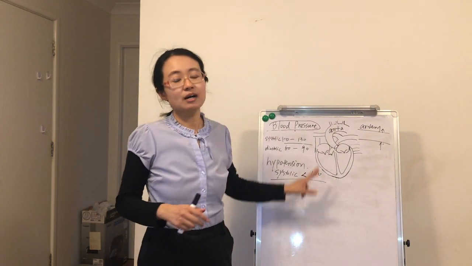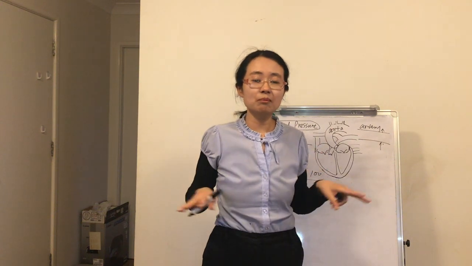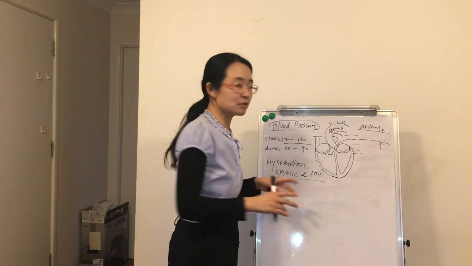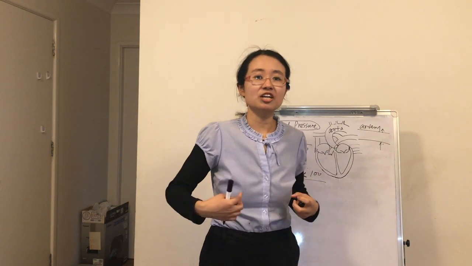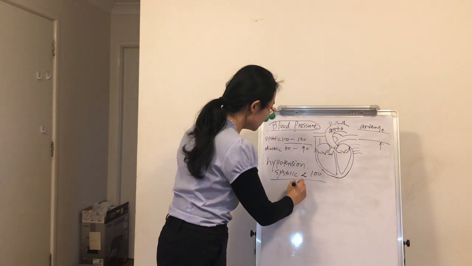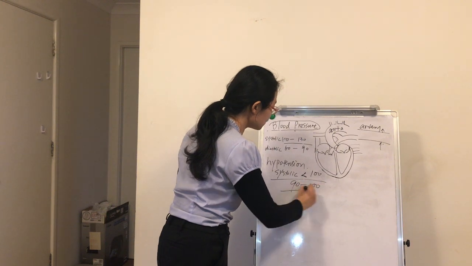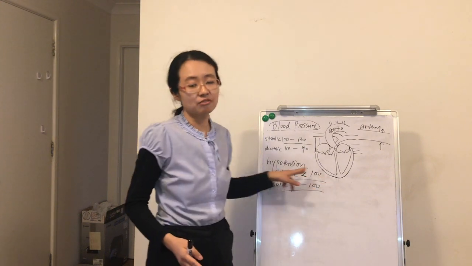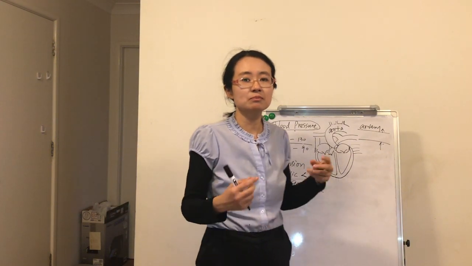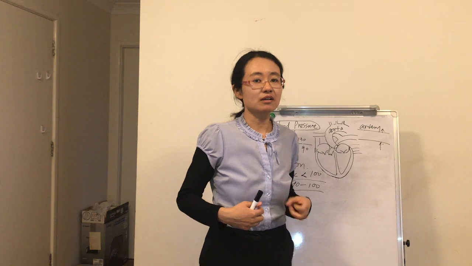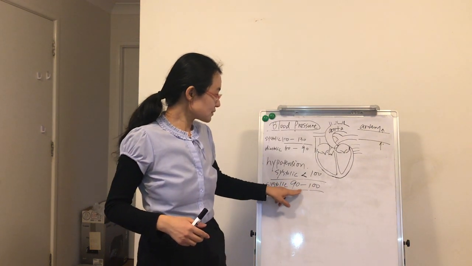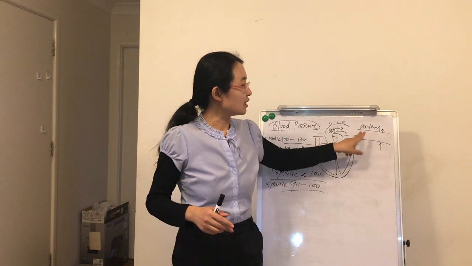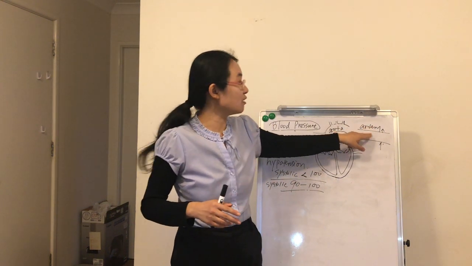Now a lot of young people actually have low blood pressure, even lower than 100. Many young people, especially those with a slim body shape, could have a blood pressure between 90 to 100 systolic. And this is also fine for young people and especially people with a slim body, because